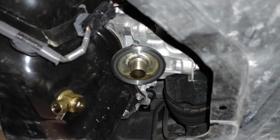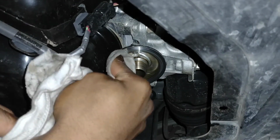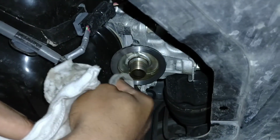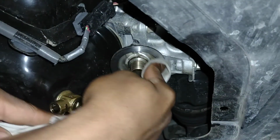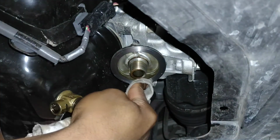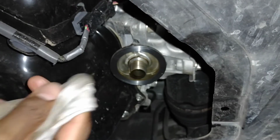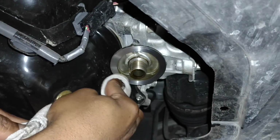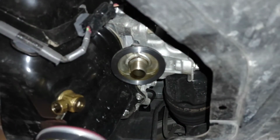So now you want to wipe down where the oil filter meets the oil filter housing. You want it to be perfectly clean, or as clean as you can make it, because sometimes older cars have stains, but you get the idea. You want a great surface for the seal. And then get the new filter,